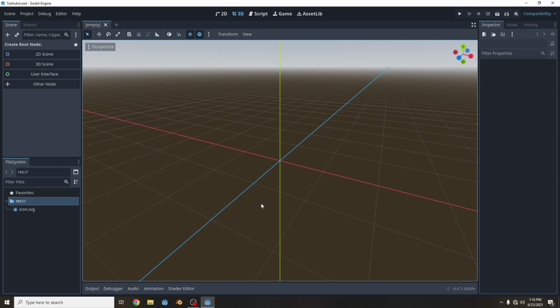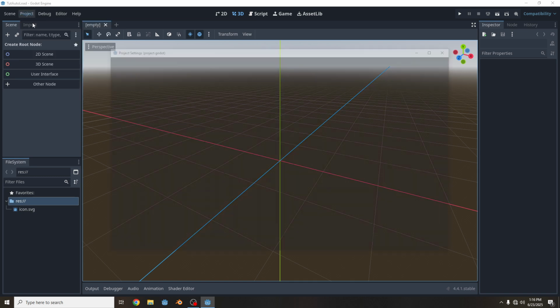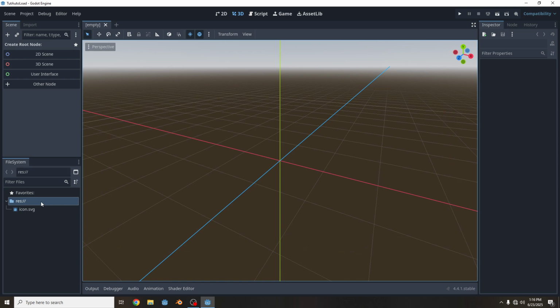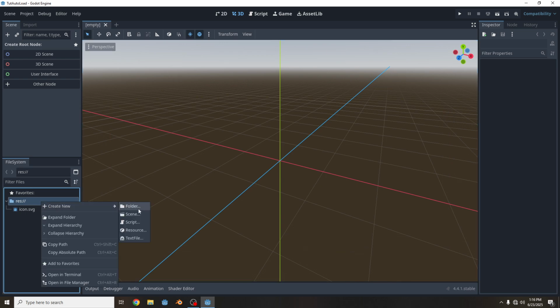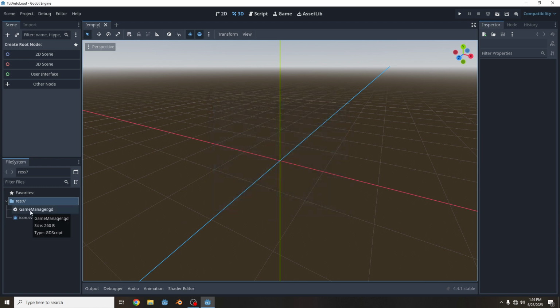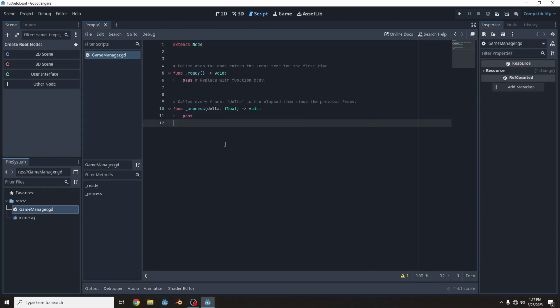Today we're going to do a tutorial on autoloads. So to create an autoload, what you do is you go to project settings, globals, and then you can add a class over here, but we haven't created a class yet. So we're going to first create the autoload class, right click in the inspector, click on script. We'll call this GameManager, and then it can inherit from the normal node. You can create. Double click on the GameManager class,